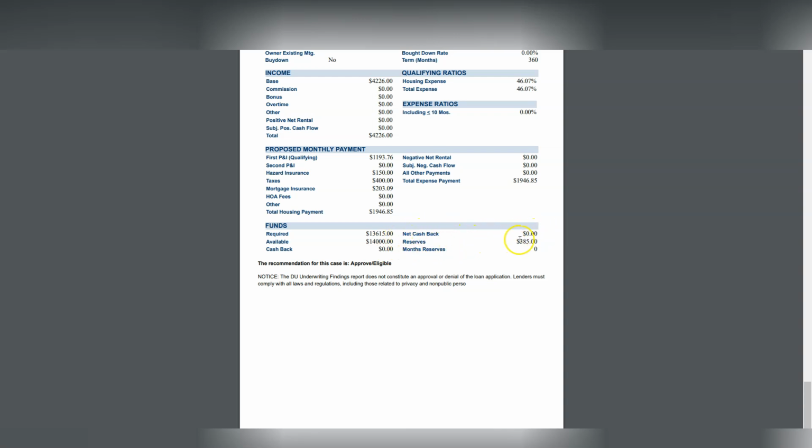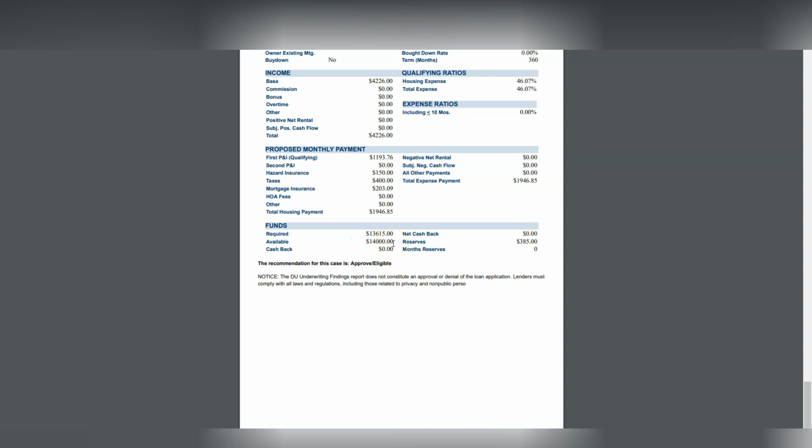And reserves, we have $385, which is basically when you subtract $14,000 from $13,615, this is what is calculated in terms of reserves. Monthly reserves, it says 0 because it's not enough to cover even one of these payments, the $1,946.85. Sometimes when you can't get an approval, you can increase the reserves by simply including more of the borrower's